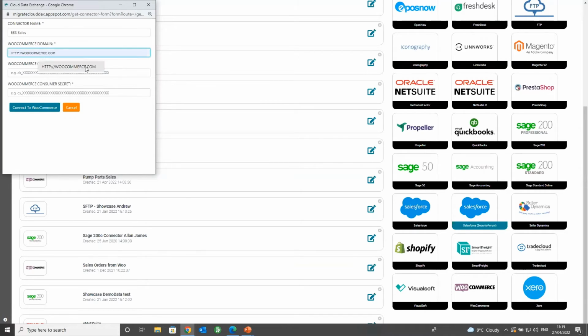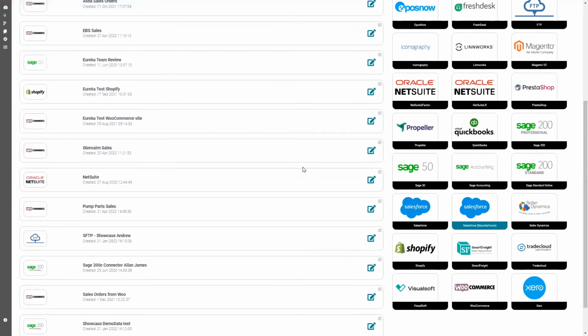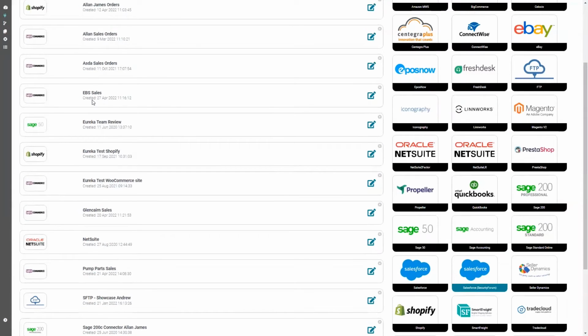We're going to hook on to a dummy domain in this case for demonstration purposes. We're going to hook on using the WooCommerce key and WooCommerce secret key to give us access to the WooCommerce API. And I'm going to create that connector. There we have our EBS sales connector. That will allow me access to the EBS WooCommerce website.